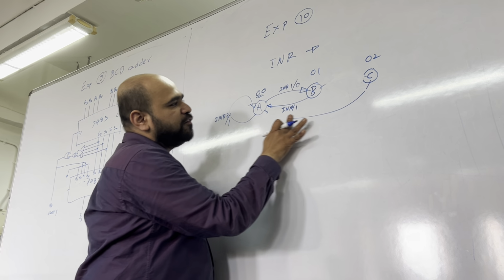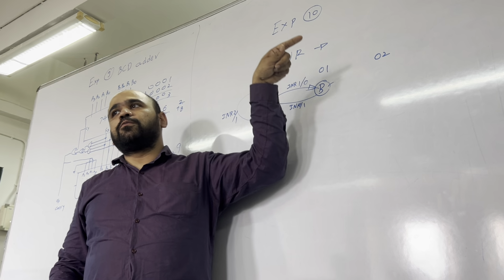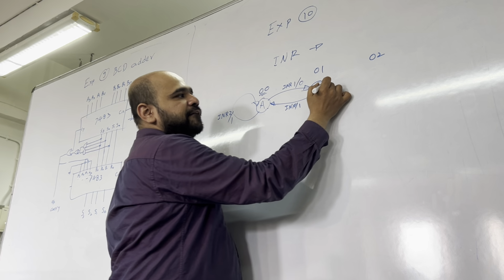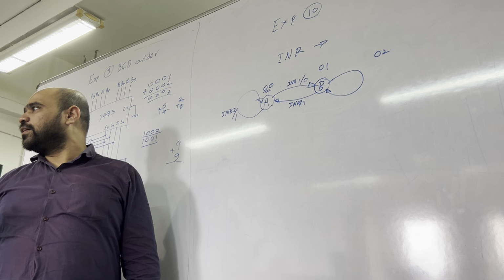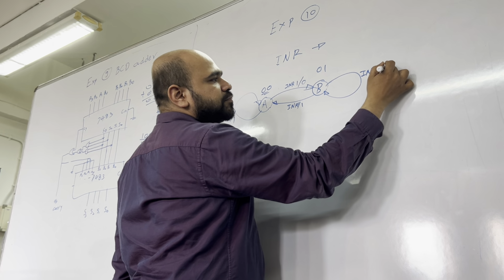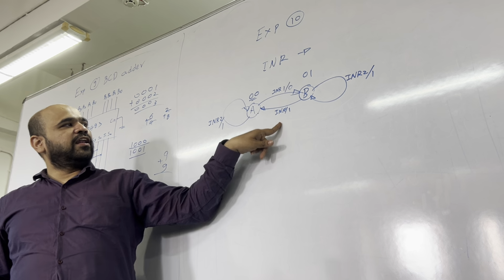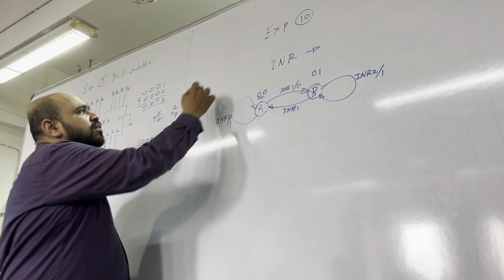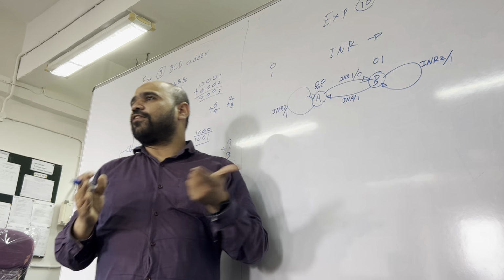What will happen if you have already put 1 rupee coin? Now if you put 2 rupees coin, what will happen? INR 2 in state B. So you will dispatch the candy and still your balance remains 1 rupee. So that is what you will say INR 2 output 1. So candies are released in 2 cases, and INR 0 and INR 1 and INR 2 can be considered as logic 0 and logic 1. So this is the state diagram from the word problem.